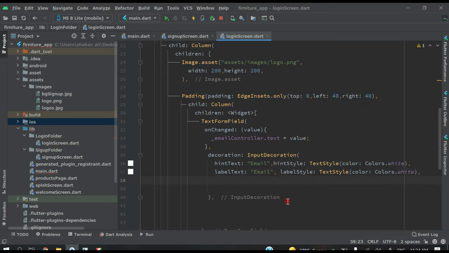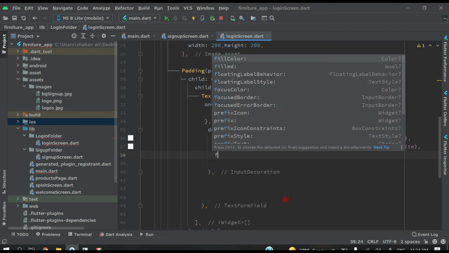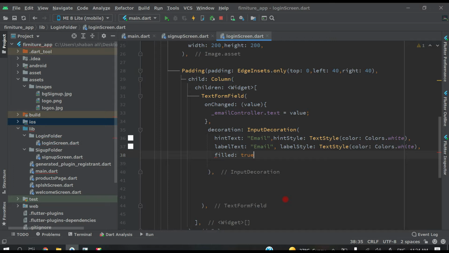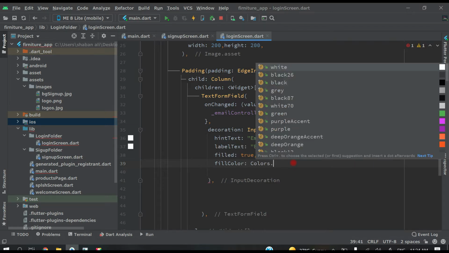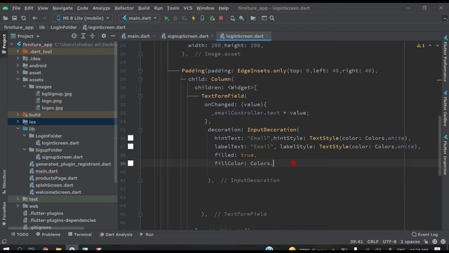Now come here, and filled true, filled colors dot white or gray 500, and then after that prefix icon,